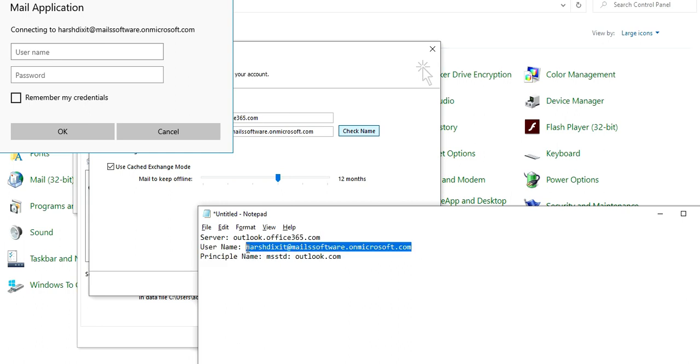your username and password. I'm entering the same, and then entering the password, and then click on OK.